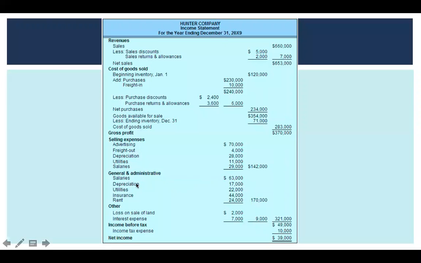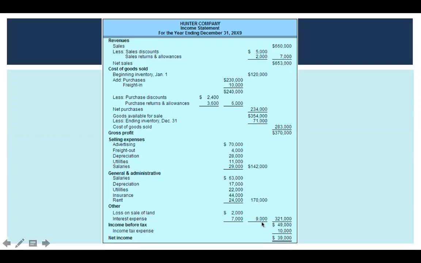Depreciation, this has to do with oftentimes equipment. We have another utilities cost here. Insurance can vary. There might be several forms of insurance here that they're lumping into this category. They're putting rent as a line item here. So they're calling their general administrative costs or expenses at $170,000. This is pretty unusual, but in this particular example, they had loss on the sale of land. So we won't often see that in most businesses. So we'll just skip that. But interest expense, it tells me that this business has some debt, some loans that they're carrying. Perhaps it's on this equipment or this machinery that they've purchased. So they've got interest expense or loans.